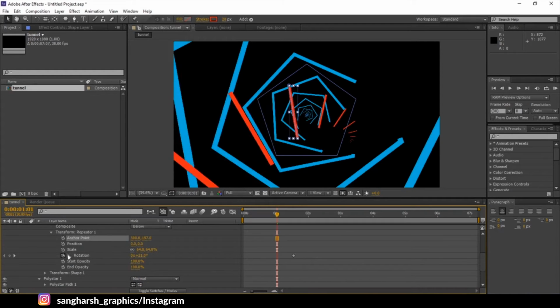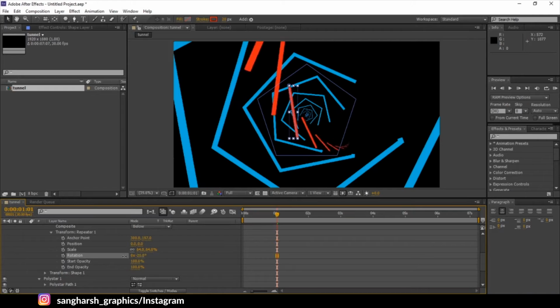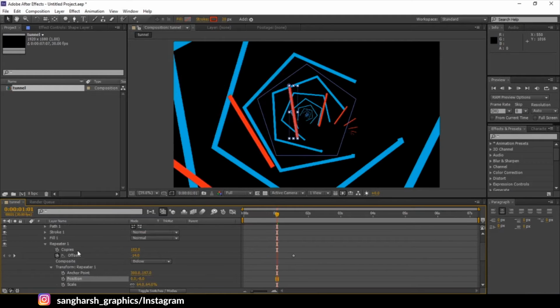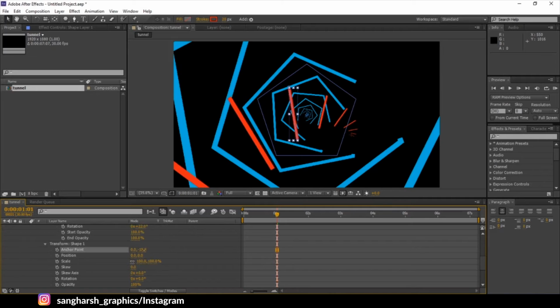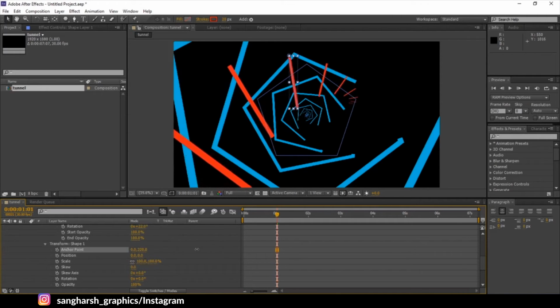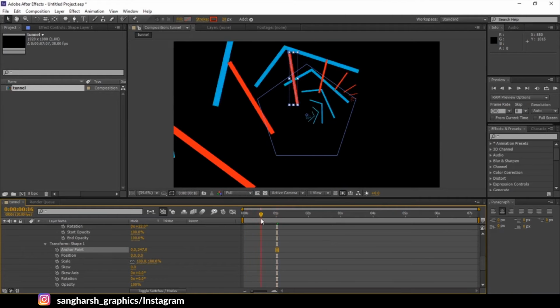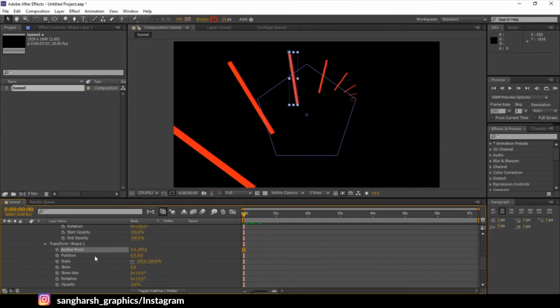Okay, let's disable the rotation keyframe for now. Let's rotate it and also adjust its position like this. Okay, now it's looking fine.